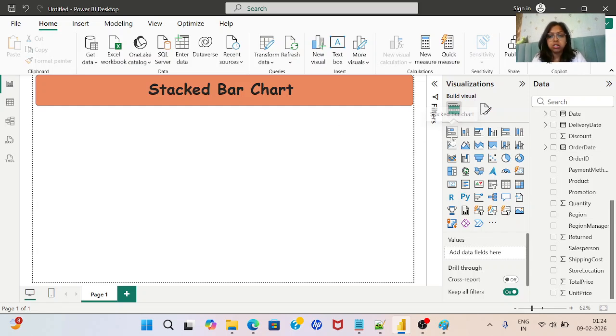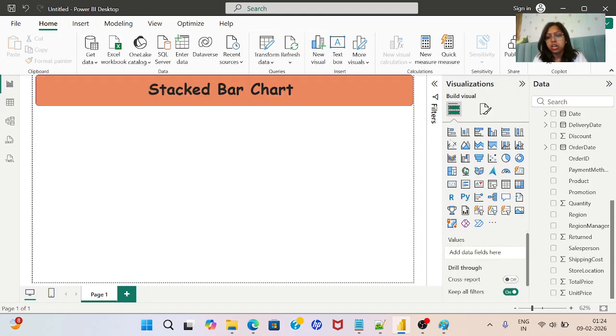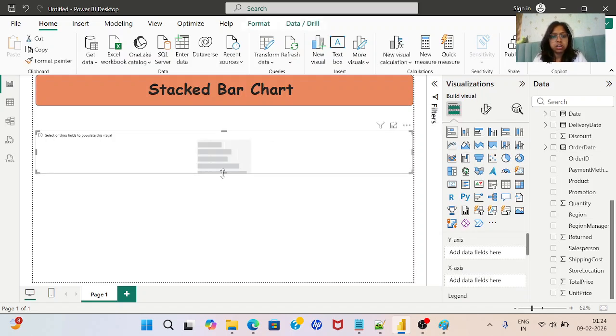So first let's go to the stacked bar chart. I have created one text box here and given it the name stack bar chart, and I'll click in this canvas. So this is the canvas, and click on stack bar chart. A stacked bar chart basically gives us the visualization when we have key values on more than two metrics. Let's suppose I wanted to see on the y-axis what are the total sales which have happened on the specific